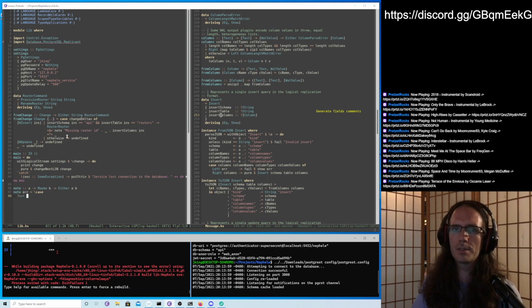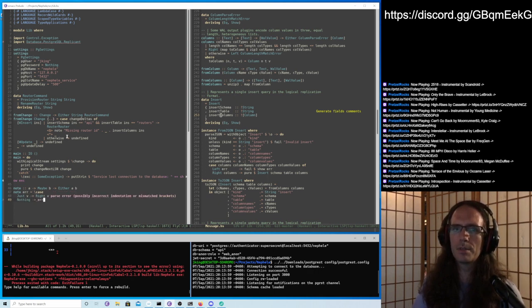Right, and if we get a Just value, then we can map that to Right V. If we get Nothing, then we just return Left.